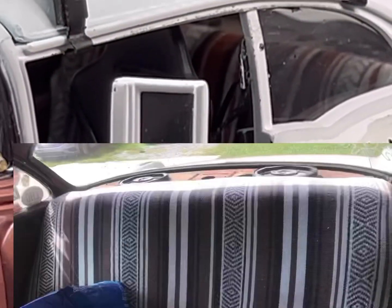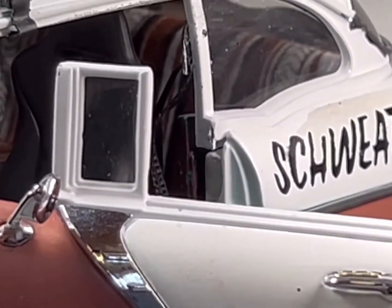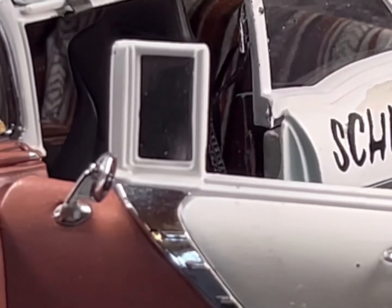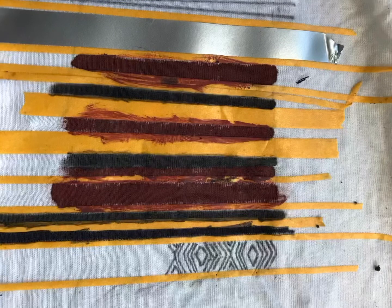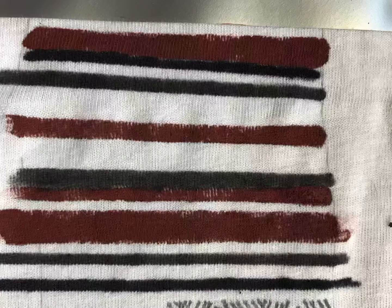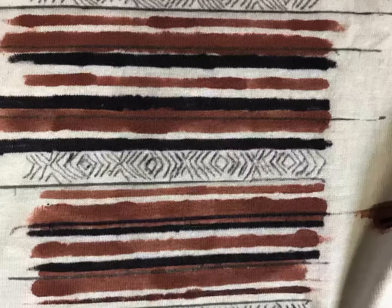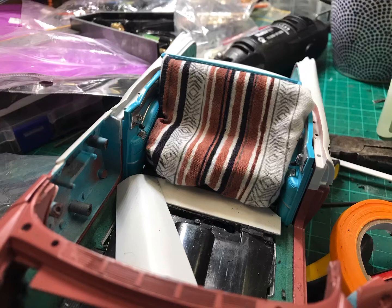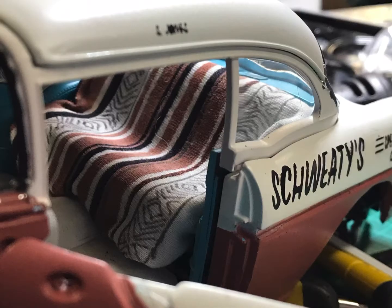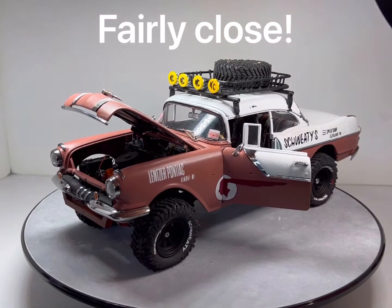In the back there. It is a little bit tricky to see actually, but it has a stripe pattern and then a kind of a diamond pattern on it. So I had to do all that by hand, literally getting a piece of old white t-shirt, drawing lines on it with different kinds of pens because they bleed, or using masking tape and all sorts of stuff. But eventually I got it, and it matches the one that's in the real car. I'll try and put a link in to the Schweaty Speedshop car, so you can see how close